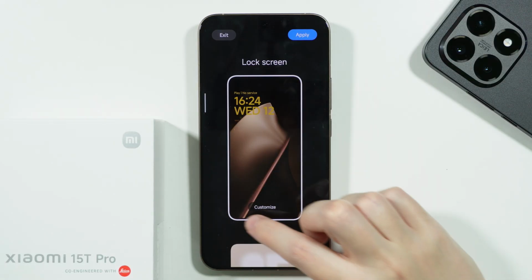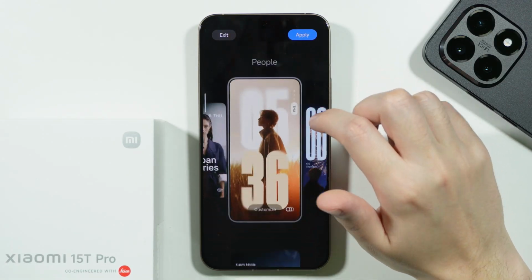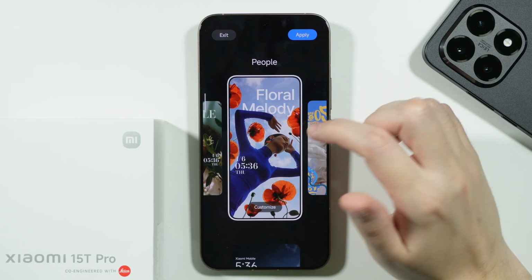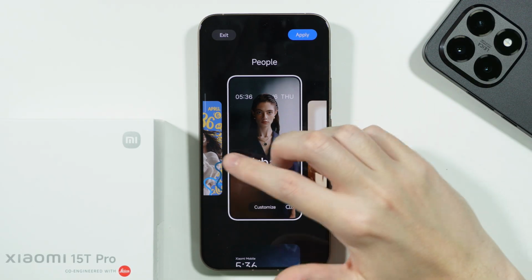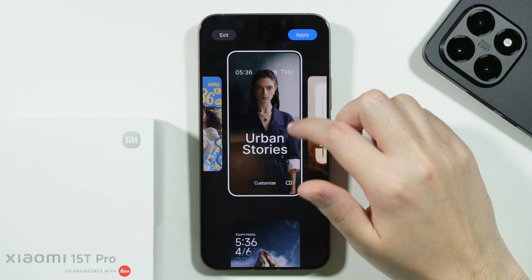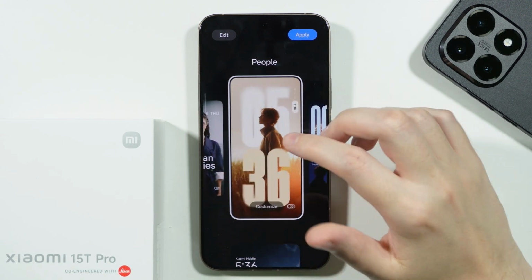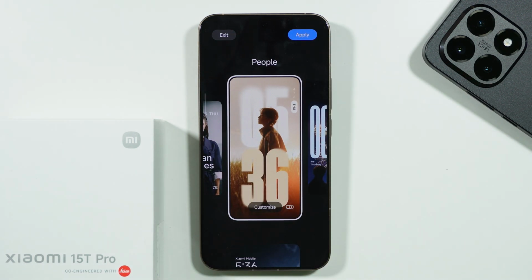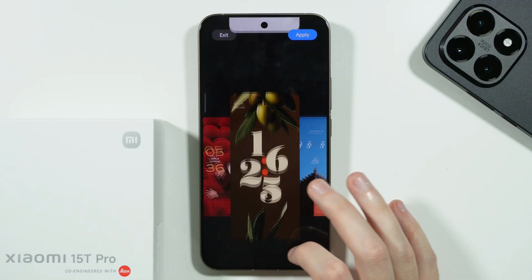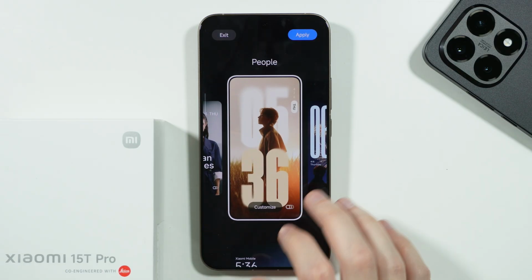Before we actually customize our current lock screen, you need to know that we also have different presets, as you can see over here. So you can start with that. You can first use a different preset, and then we can of course customize from there. So as you can see, we have different styles where we can use different clock faces, different effects, additional texts, and so on and so forth. You can of course keep scrolling in order to try to find something interesting, but let's say I'm gonna go